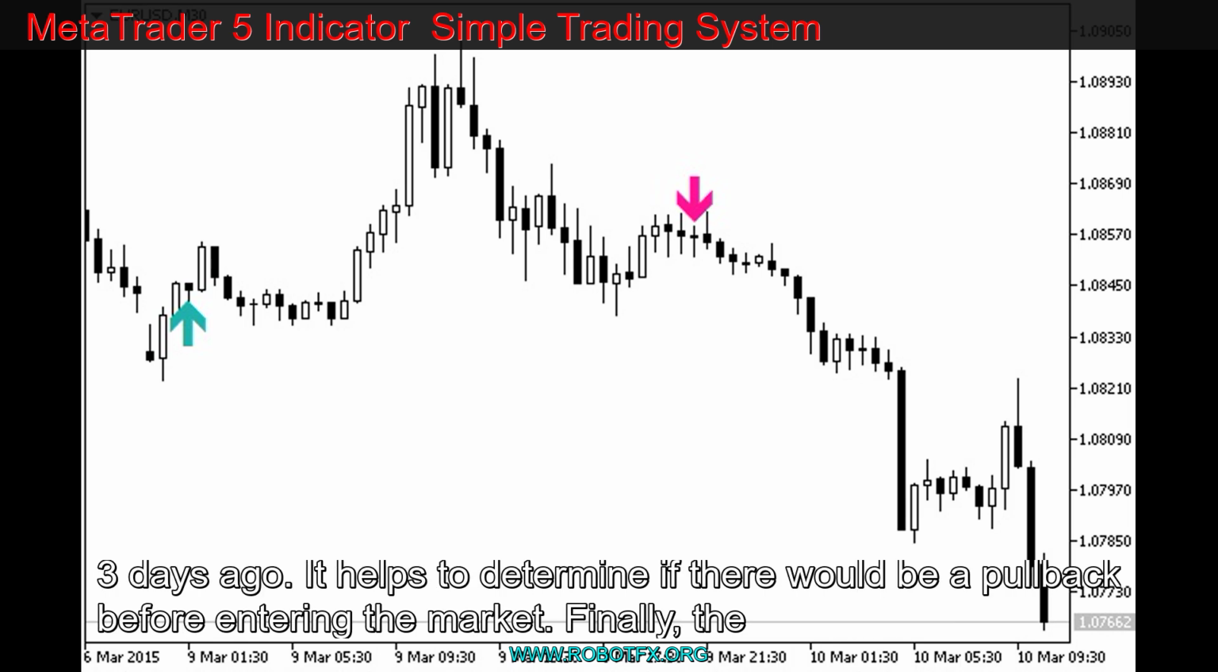The method will work until a turn signal appears or the market goes too far against the position without a